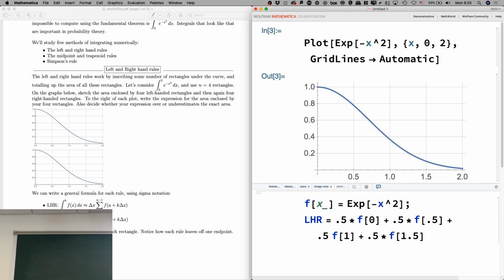So the difference between the left and the right-hand rule is just which points you leave off. The left-hand rule, you use the first 4 and leave off the last one. And the right-hand rule, you omit the first one and use the last four. Okay? So there's that. The other thing that I want us to notice here